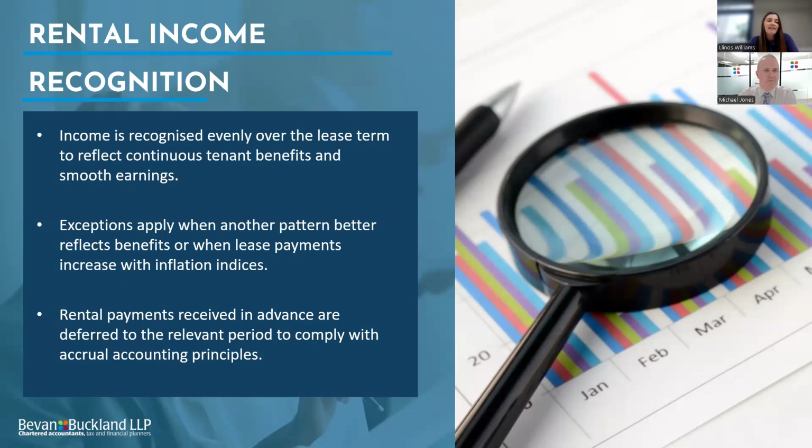Social housing tenancies are treated as operating leases. So Section 20 of FRS 102 governs rental income. The core principle is straight line recognition. This smooths rents across the rental period. There are 2 exceptions: when another systematic method better reflects how the tenant uses the property, and when rent increases are linked to inflation-related indices. That's an example of when that could happen. But in practice, almost all social landlords use straight line, and any deviation must be clearly disclosed.